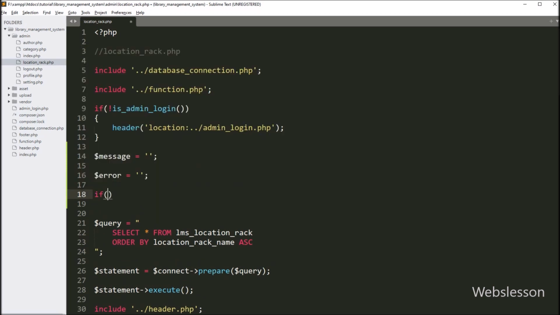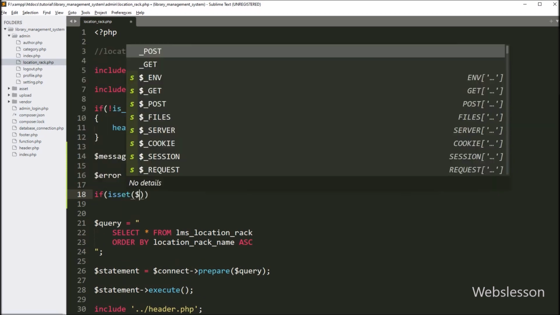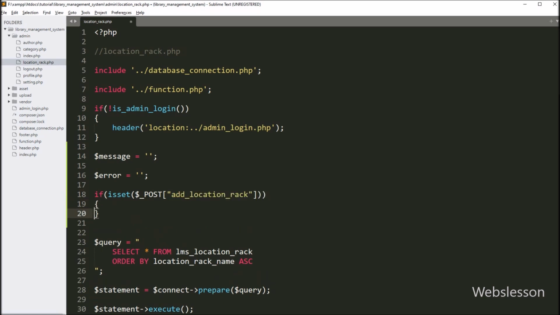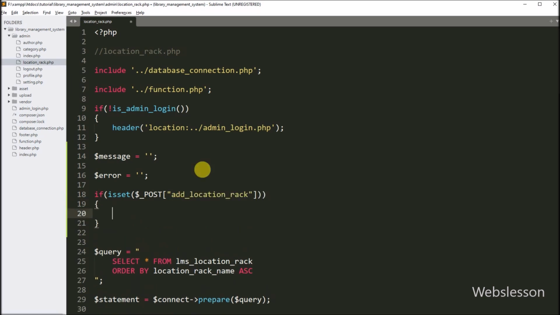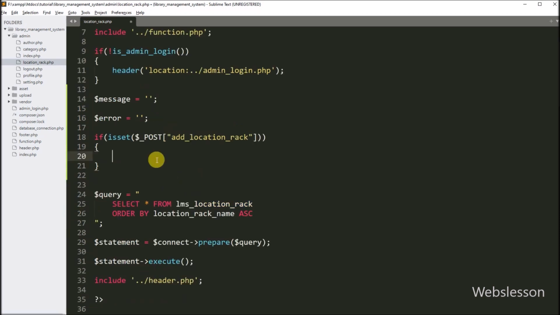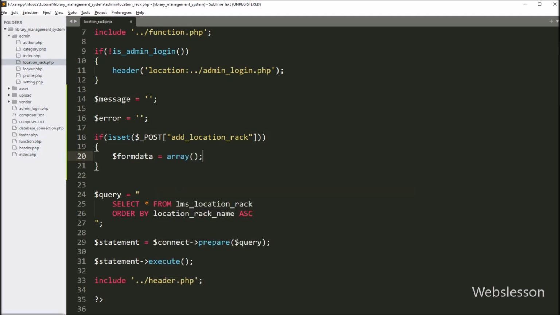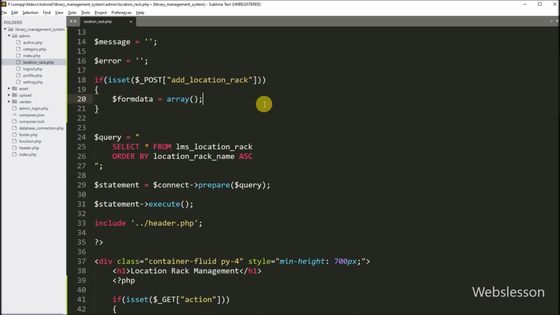Below this, we write an if statement, and under the condition we write the PHP isset function with the $_POST add_location_rack variable. If this variable value is set, then it will execute the if block of code. Under this block, we write $form_data variable equal to an array, and under this variable we will store location rack form data.